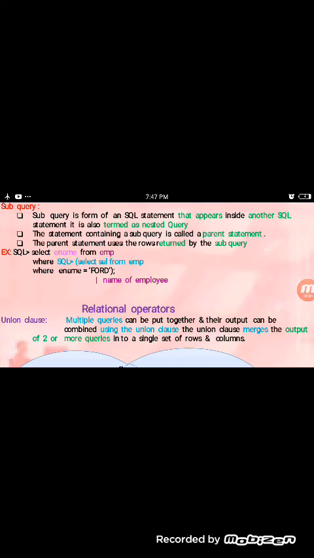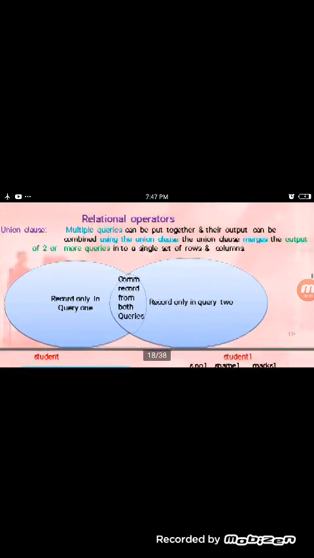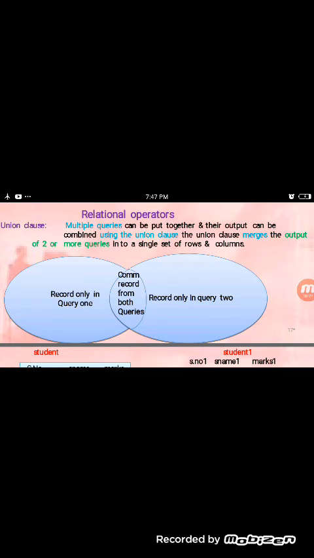And then select ename from employee, where ename is equal to some name of the employee. After that, the next topic is relational operators. In relational operators, multiple queries can be put together and their output can be combined using the union clause.